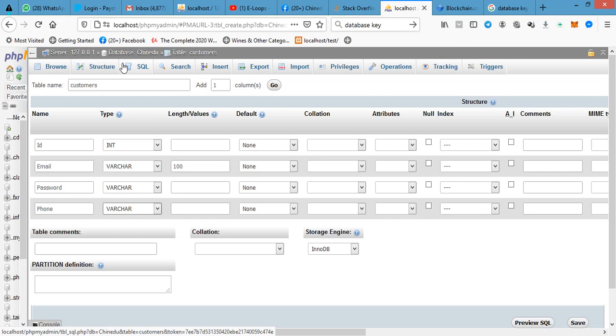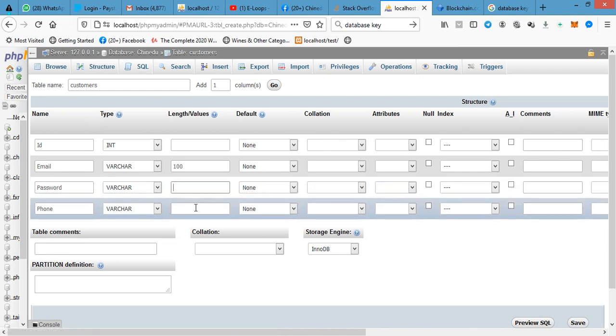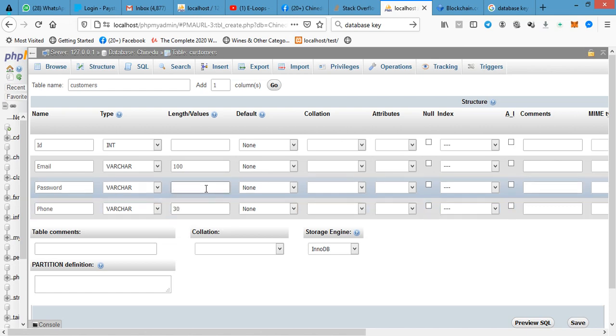Some people might want to put their country code, like plus. Once they put plus or brackets, it may not work well with int. So it's better to put varchar. Then password length, let me skip that. For phone number, 30 is okay. Then password,